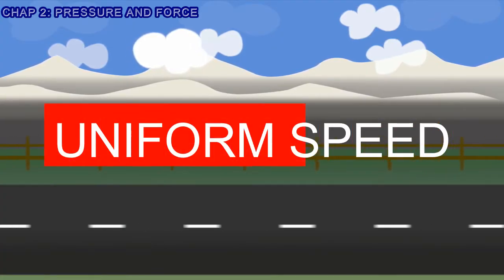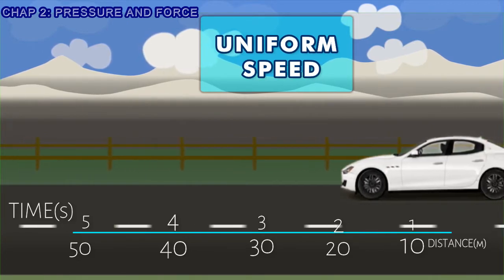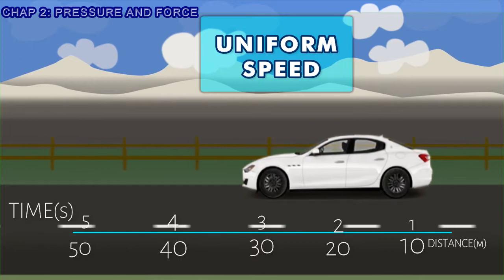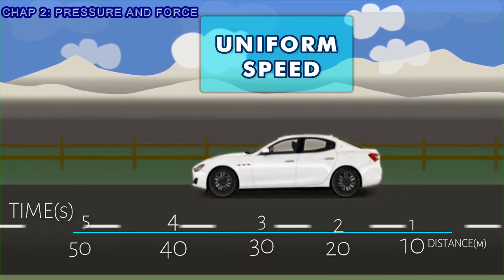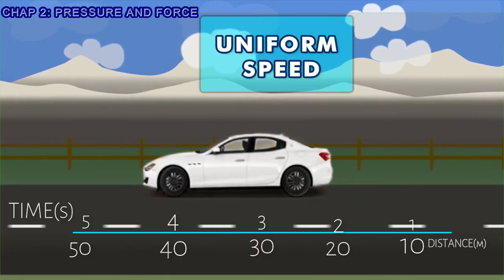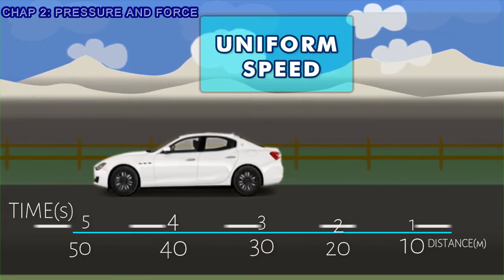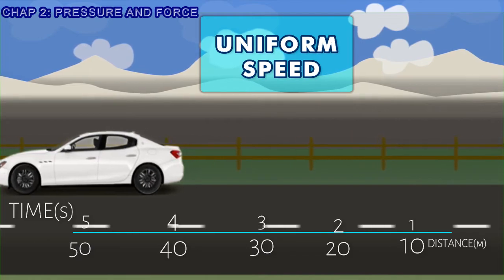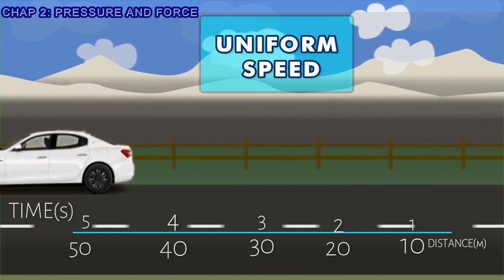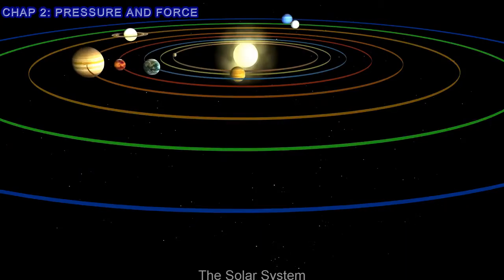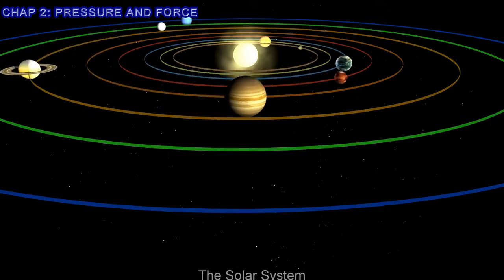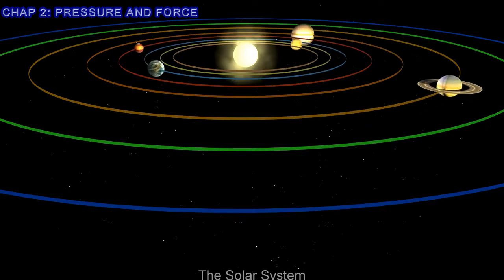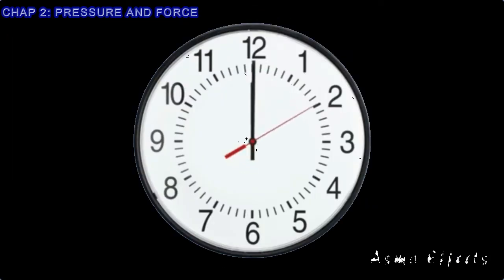Uniform speed. When a body travels equal distances in equal intervals of time, speed is said to be uniform. You can see the movement of the car with uniform speed. The speed of the car is 10 meters per second. Other examples of uniform speed are the movement of planets around the sun, moving hands of a clock,